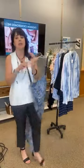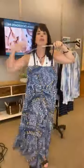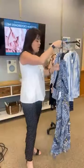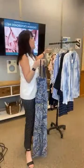And then here's my last example of one of those items that their convertibility adds value and also cost, because you're getting more than one way to wear it. So this little dress, these straps detach. They're just on there with little hooks. So you can wear it as a tube dress with straps, or you can detach these straps and wear it as a skirt. So if you're traveling, you have a 2-for-1,